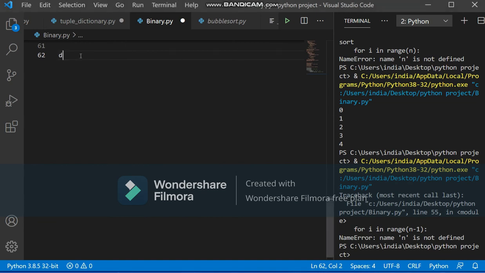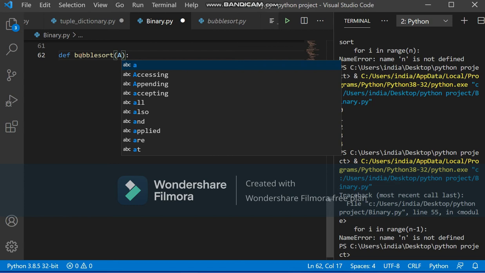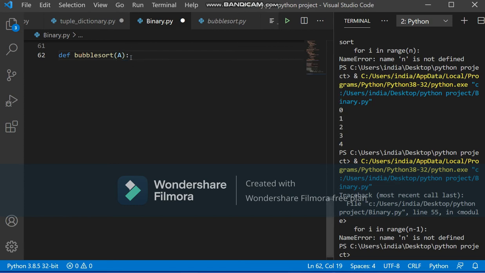In this program we will be using functions. So first we are writing the function definition. def bubble sort, name of the function, with a, that is the name of the list, and if we want we can even pass on the length of the list, but here we are fixing it. Here we are declaring n, that is the length of the list, as 6. But we can pass it on from the call also.